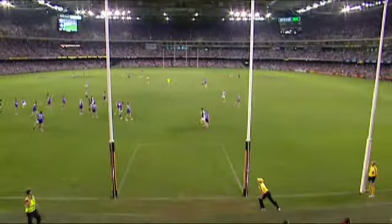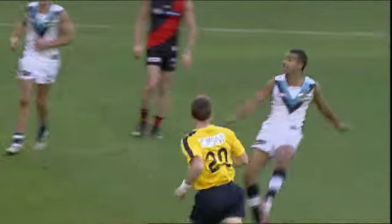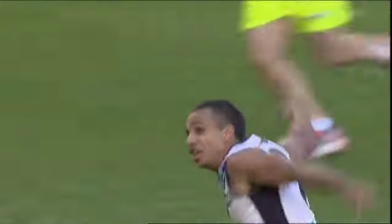Jolly works to the front, back to Swan. Swan kicks and puts it through. It's your disposals for the quarter. Pearce somehow got out of trouble and kicked a goal to put Port back